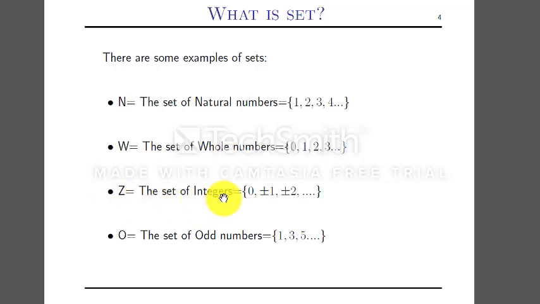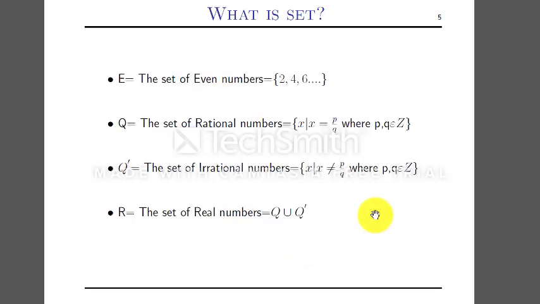The set of positive integers contains plus 1, plus 2 and plus 3 and 0 as well, and is labeled by Z plus, while the set of negative integers starts from minus 1, minus 2, minus 3 and so on, and is labeled by Z minus. The set of odd numbers is denoted by capital O, and this set contains the numbers 1, 3, 5, 7, 9, 11. The set of even numbers are those divisible by 2: 2, 4, 6 and so on.